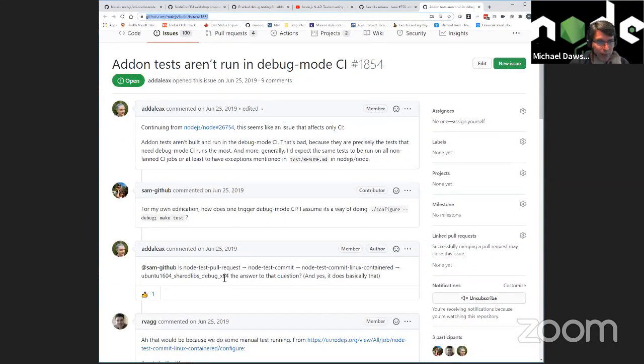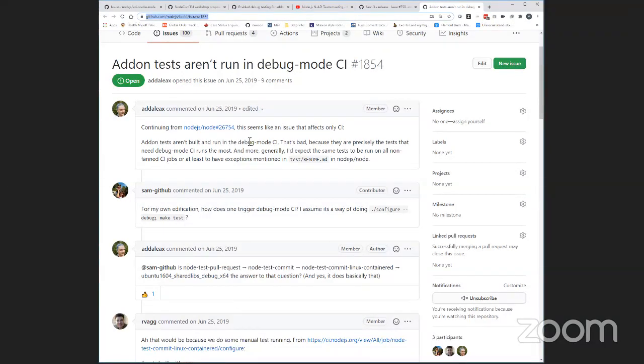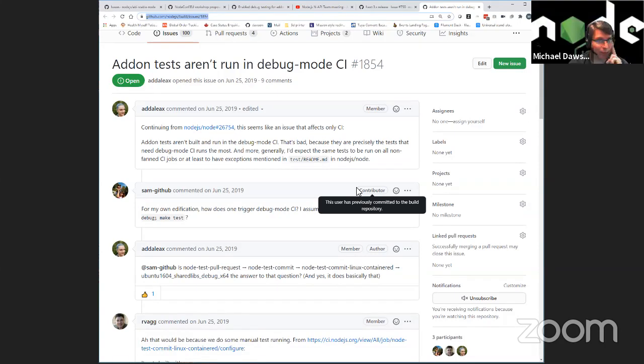Right. Okay. So basically, it's run in one of the container builds. But the add-on tests aren't built in that mode, the debug mode.